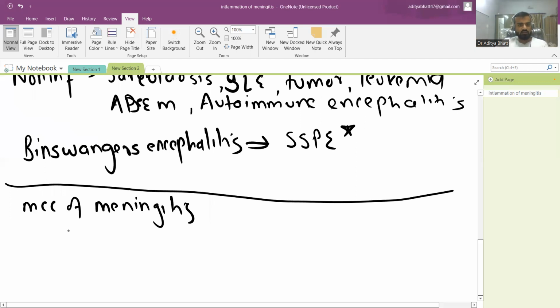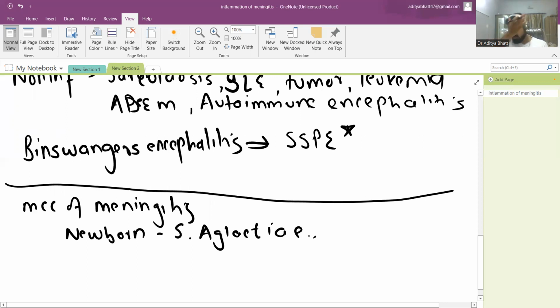In newborns or the first week of life, it is Streptococcus agalactiae. Okay, Streptococcus agalactiae. This is the answer: group B Streptococcus, not group A. Then in children it is